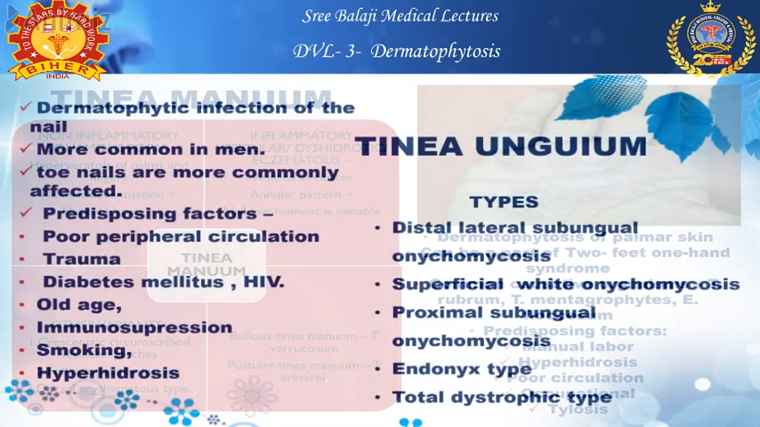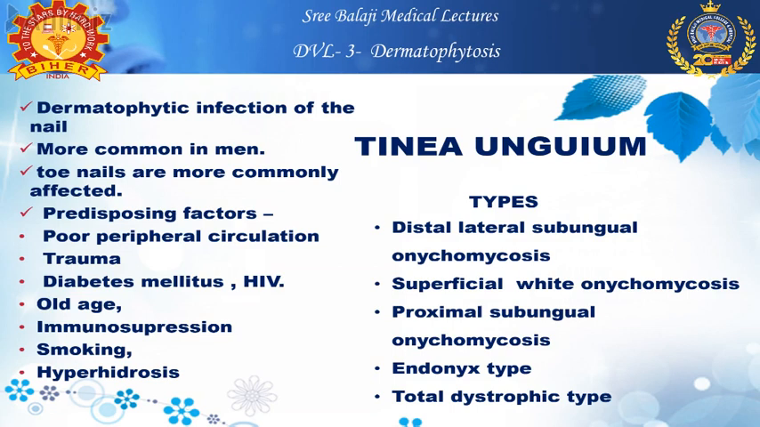Another fungal infection is tinea unguium, which is nothing but dermatophytic infection of the nail, and it is more commonly seen in men as well as in housewives who have constant contact with water and do household work. Toenails are also commonly affected. Predisposing factors for dermatophytic infection of the nail are poor peripheral circulation, trauma, diabetes mellitus, HIV, old age, smoking,